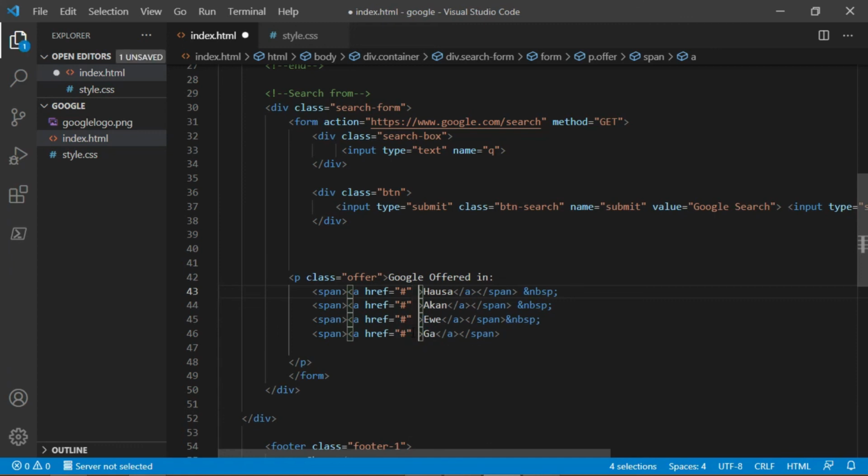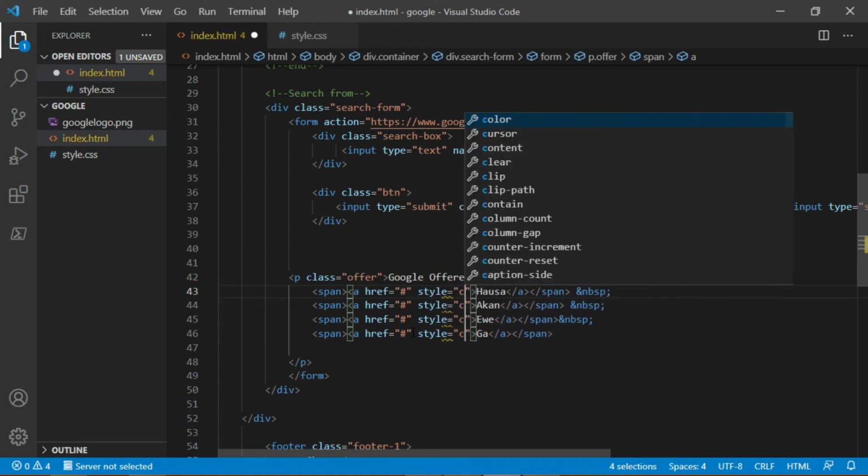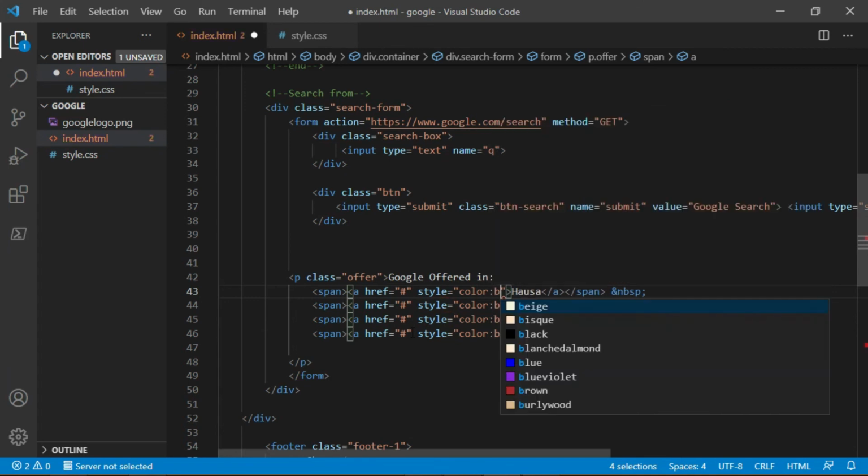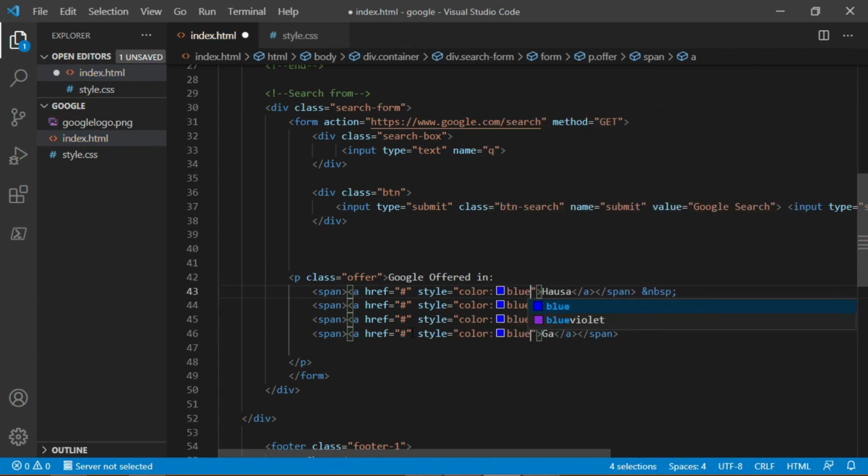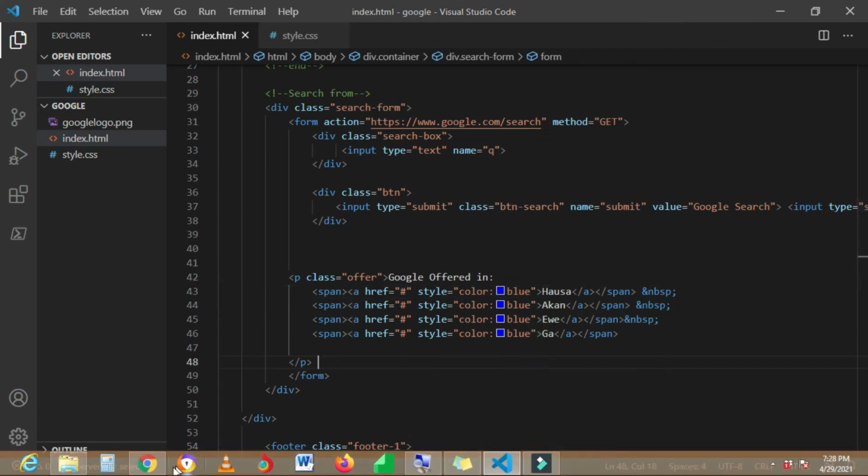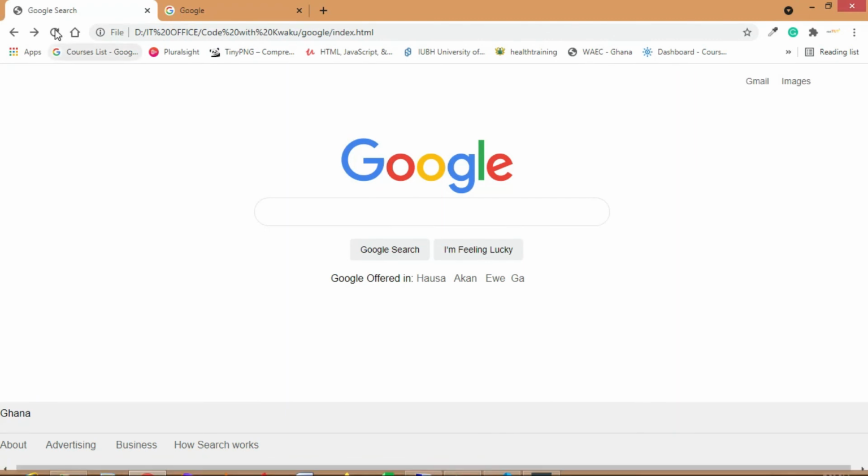Press the space bar, then type style equal to color blue. Okay, so in VS Code you can hold Alt key to select multiple lines. Right, so let me save this and refresh the page. Okay, so now our text is in blue color,